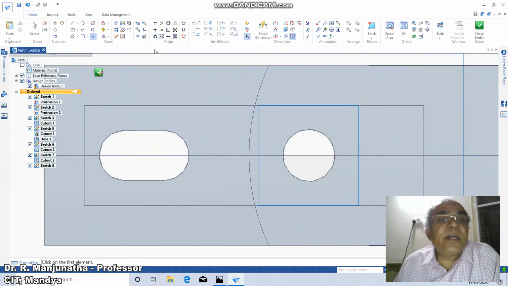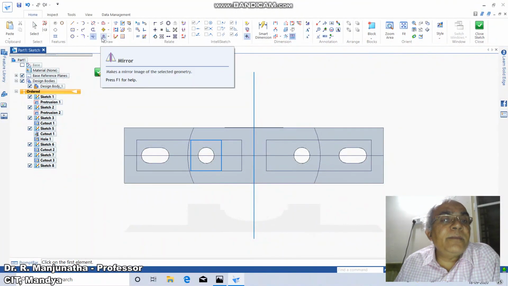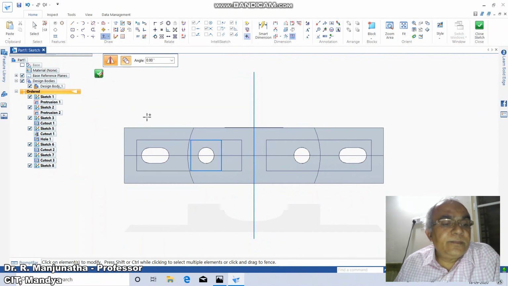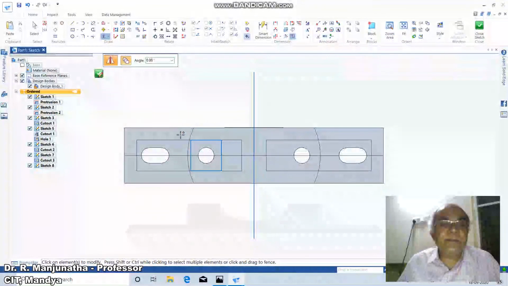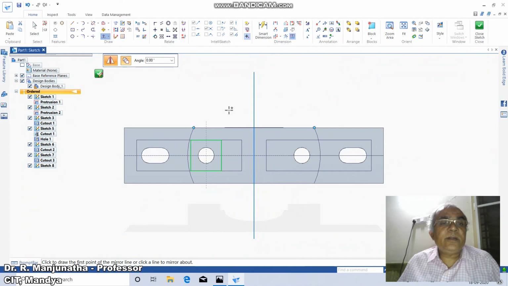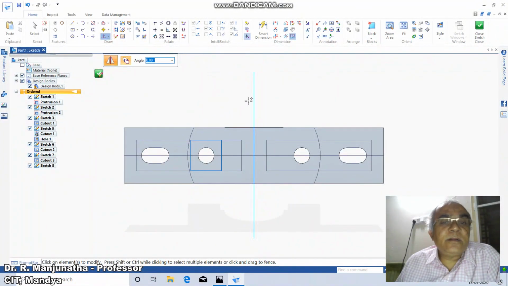Now once you have the sketch, then go to fit. Now here we want to reproduce the same thing, so we will go to apply mirror. Select mirror, click on elements to modify. By holding the shift key you click on this, click on this, click on this, and click on this. Then you accept it, then click on elements to modify, then mirror with reference to this.